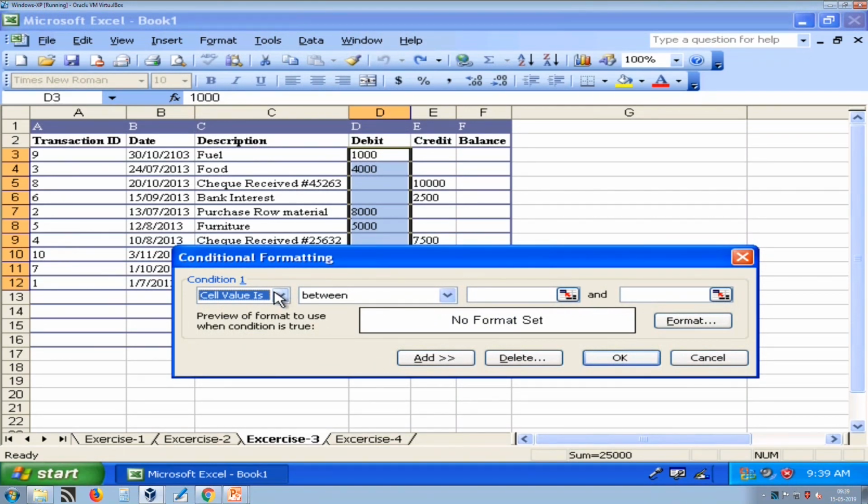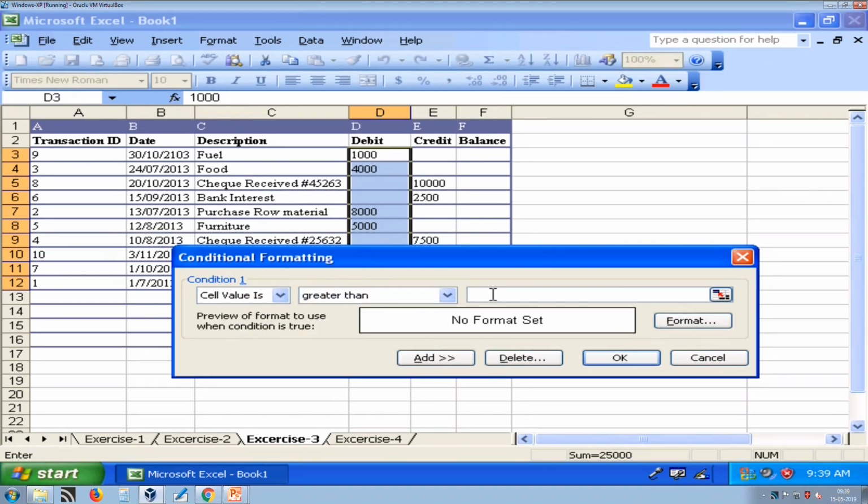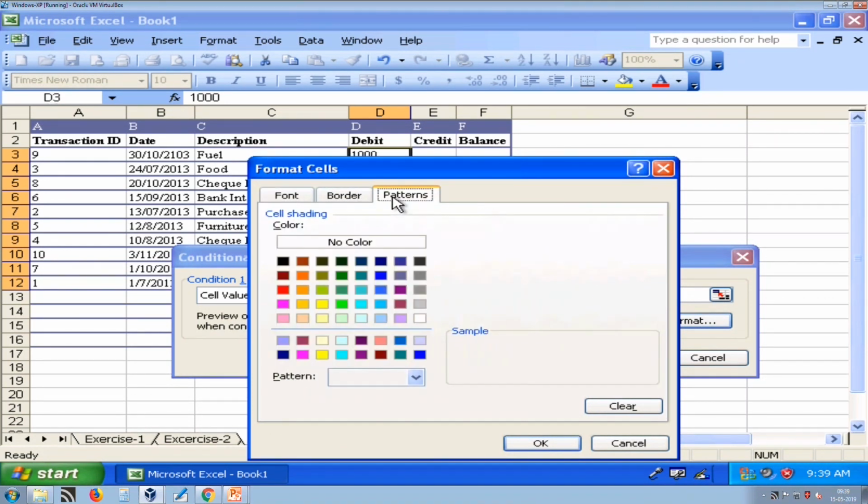So, here cell value is greater than, and here we enter 5,000. Now, what we want to format is to fill pink color for that.